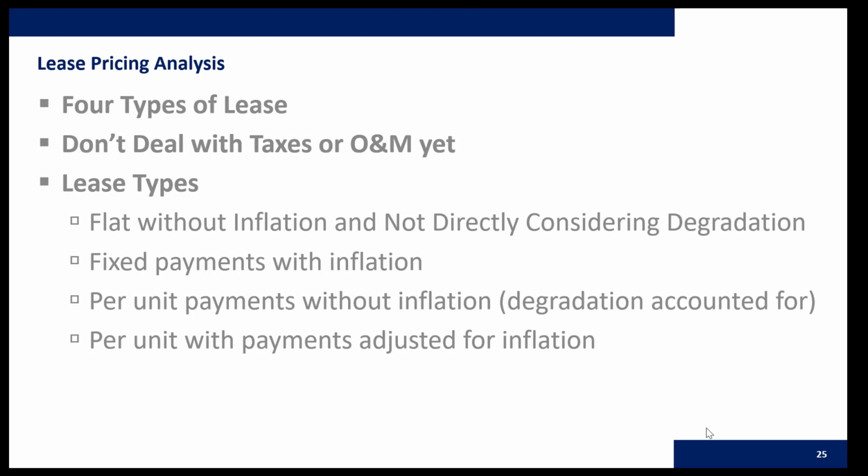And I've been told that there are all sorts of different things. You can include the O&M, not include the O&M. I didn't even put O&M in this analysis. You could have a flat lease without inflation. You could have a lease per kilowatt hour. And it's a fascinating, really thing to think about. I think if you don't have a lease that has a flat rate per kilowatt hour, it's kind of like